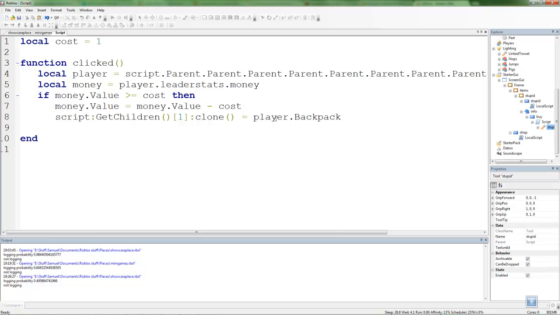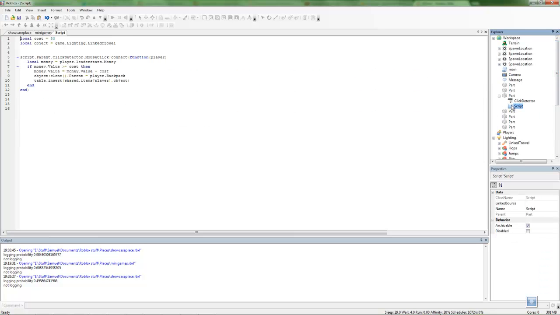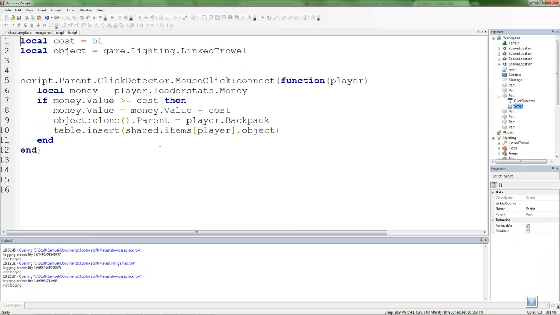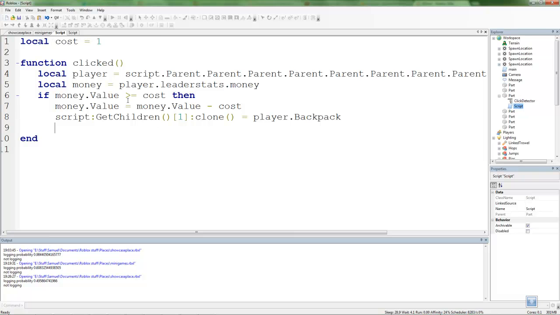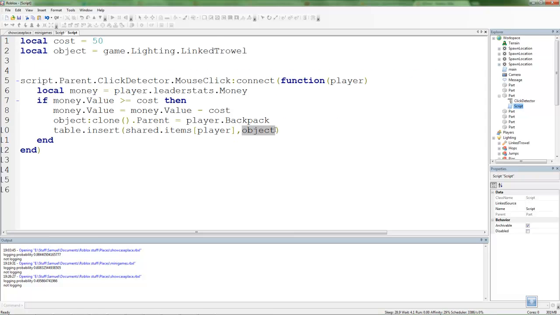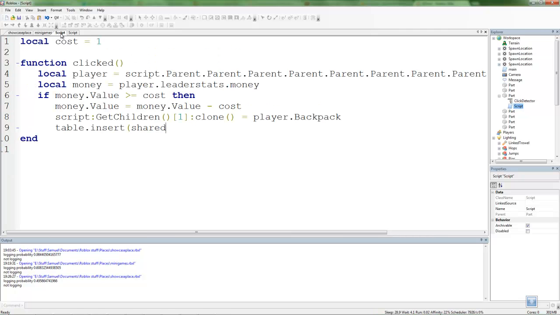Now, what table was it called that we needed to insert it into? I've forgotten. Let's check inside this tool. We need to insert it into shared.items, and with the key as the player. So we're going to insert it into. Now, we also need the object as the actual thing to insert. Now, the object is going to be the original. So this is going to be original key. So in fact,